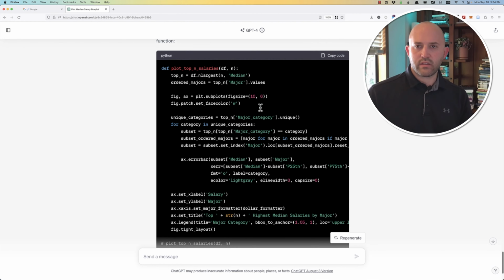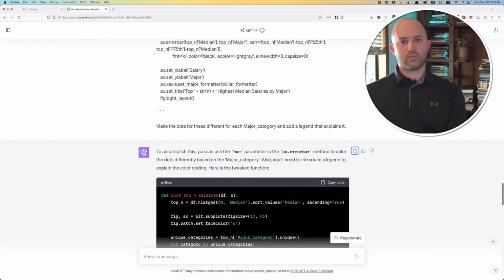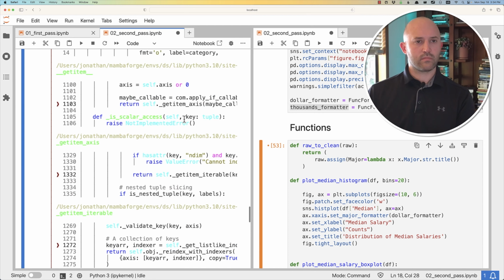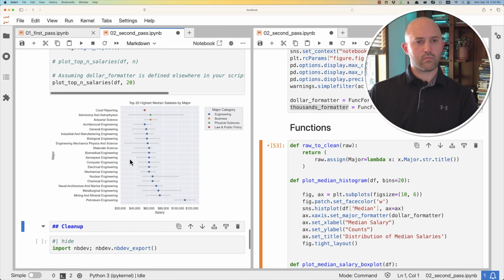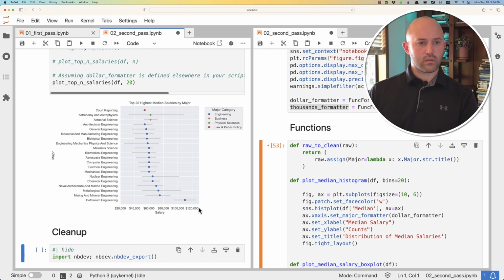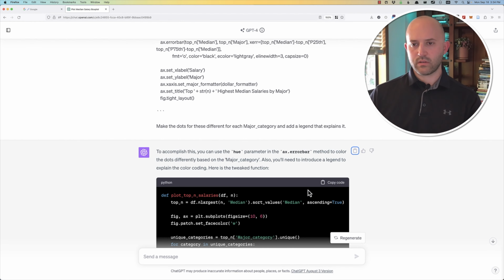This should prevent it. Let's see if we can make this work. Okay. So, engineering, business, and physical sciences. Okay, so